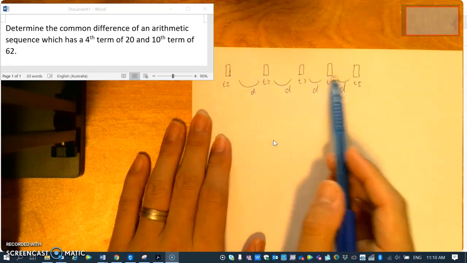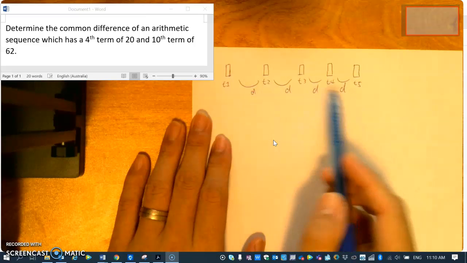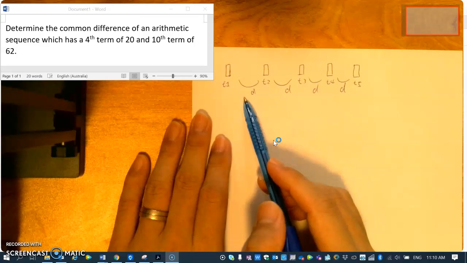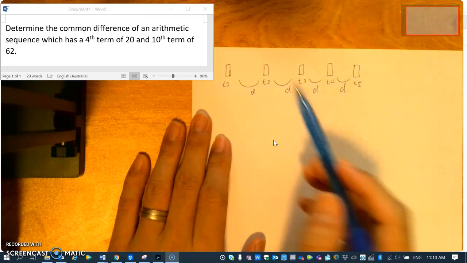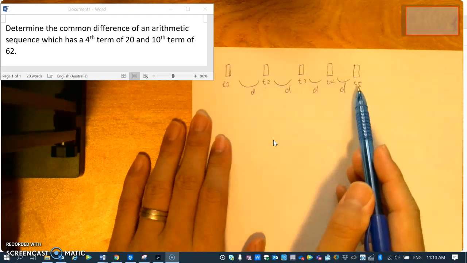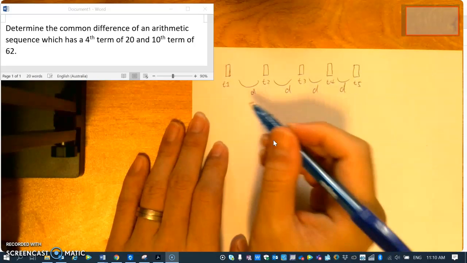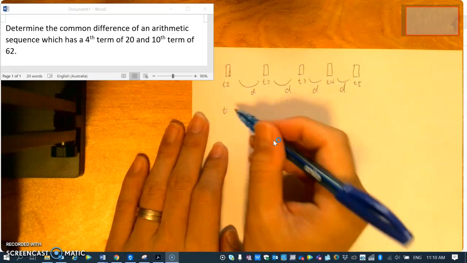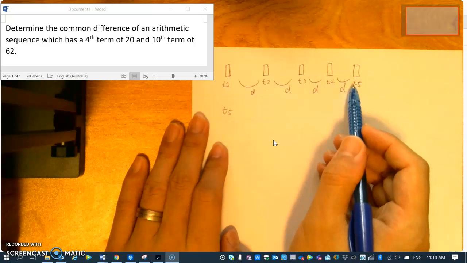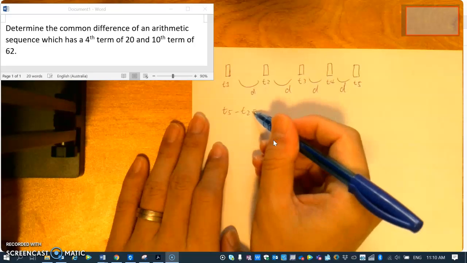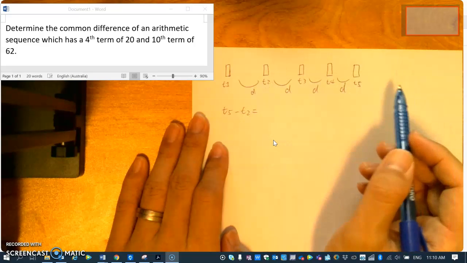We use poles to represent that. Now we call the distance between each D, and each distance is the same. Now if I just consider term 2 and term 5, we know that from term 2 to term 5, if we take the difference, from term 2 to term 5,